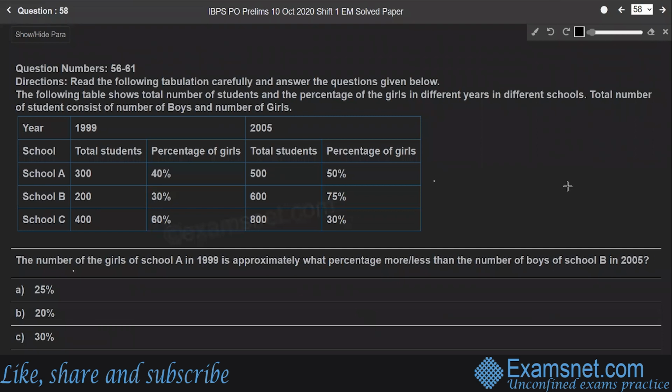Question 58. The number of girls of school A in 1999 is approximately what percentage more or less than the number of boys of school B in 2005? So, number of girls of school A in 1999 is 40% of 300, whereas number of boys in school B in 2005 is 75% of 600. So we have to find whether it is more or less, what percent more or less than number of boys. Let us find number of girls